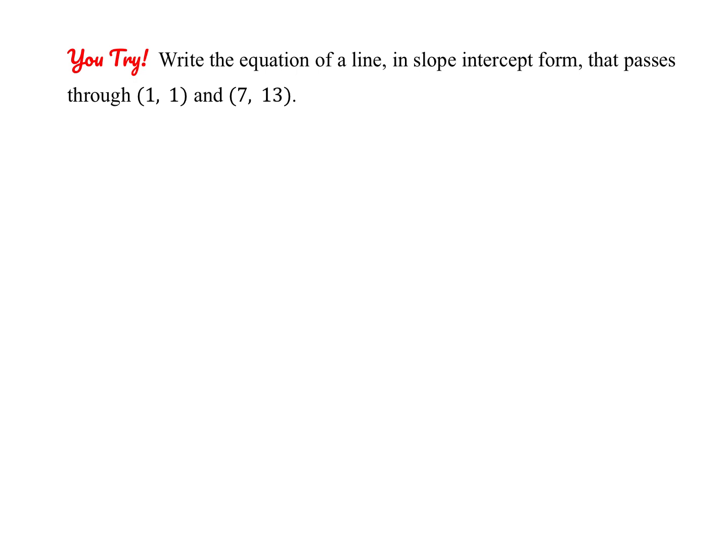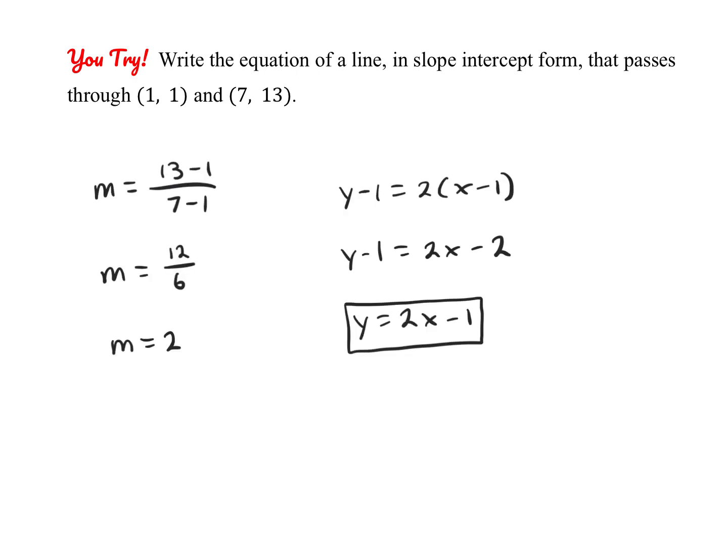All right, go ahead and check your work here. So notice I started by finding the slope, and then once I had the slope, I just used this first coordinate in point slope form. Then I rewrote in slope